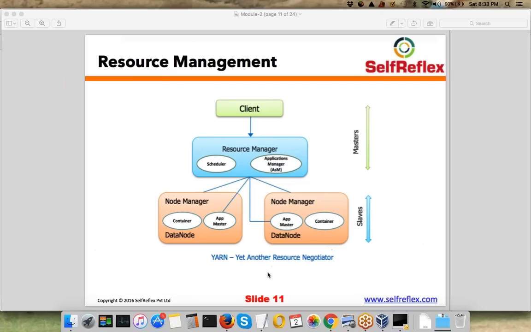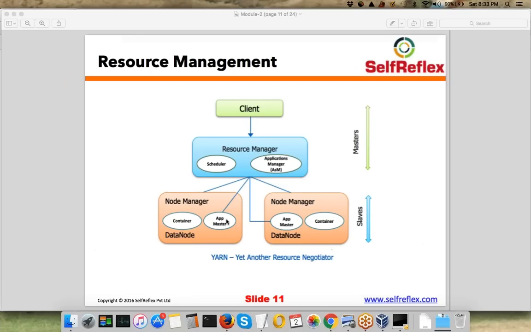Okay, if you're talking about app manager, then let's say you're running two applications simultaneously in the cluster. And for some reason this slave node dies. Let's say it got powered down.